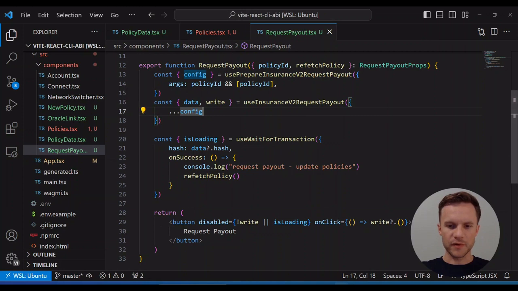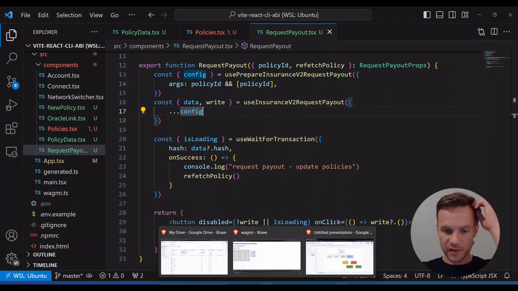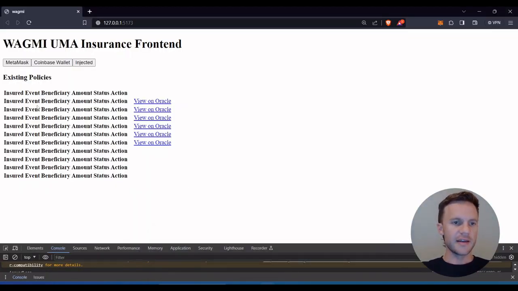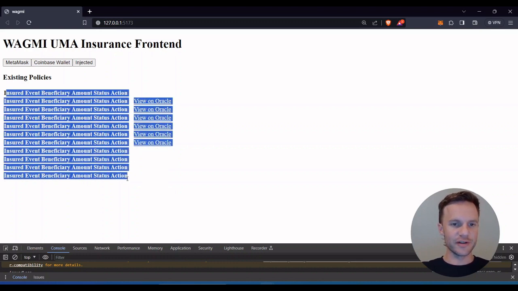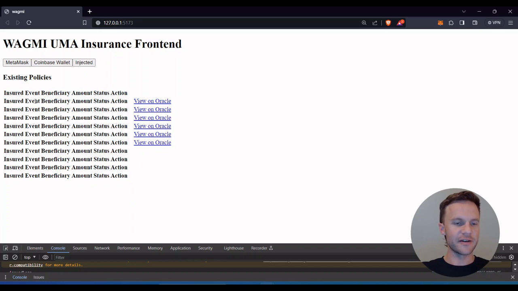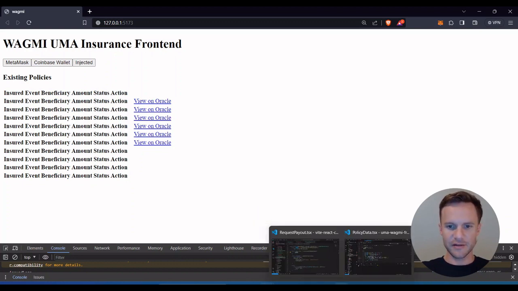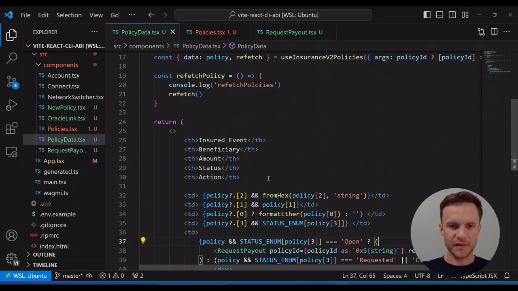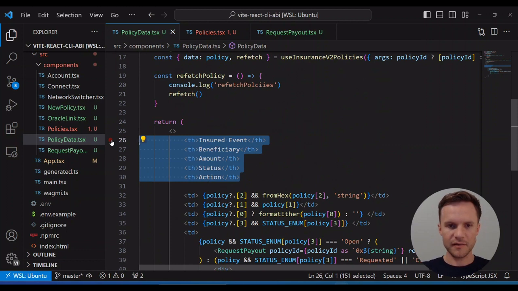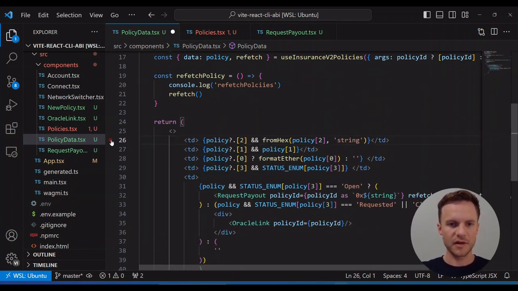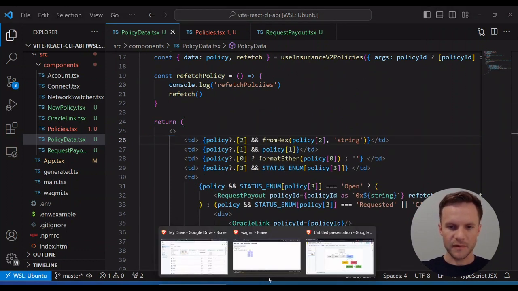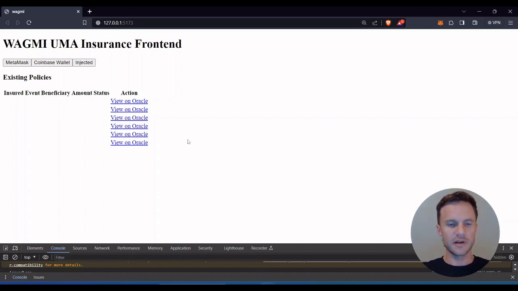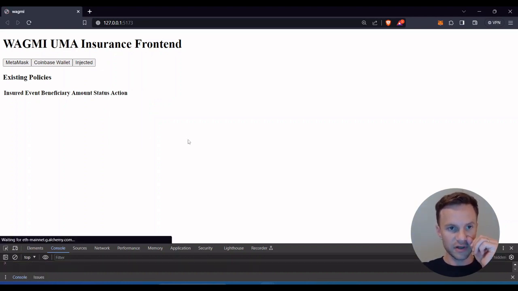And so now I'll flip over to our browser so we can see the finished product. And oh, shoot. I guess I'll leave this in as a blooper reel here if you made it this far. I already know what went wrong there. That is going to be in our policy data component. I pasted in all the table headings to remind myself what they were. And so if I delete those out and hit refresh here,